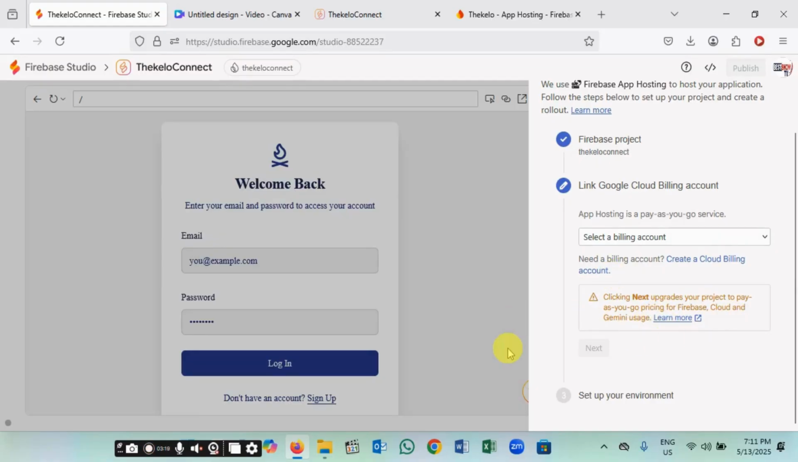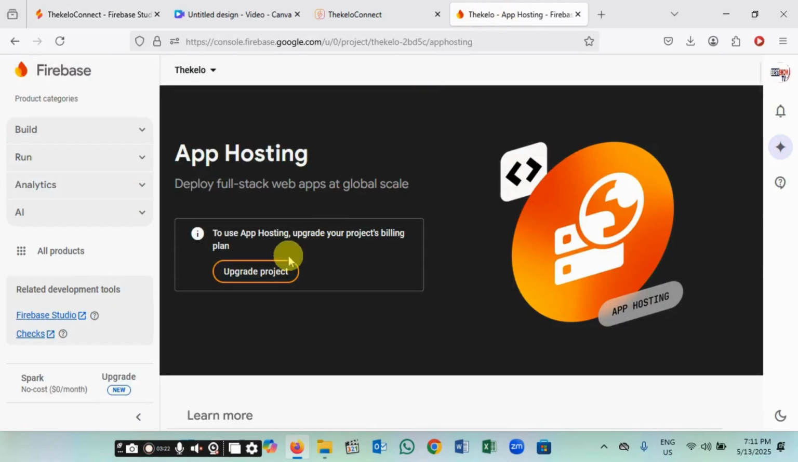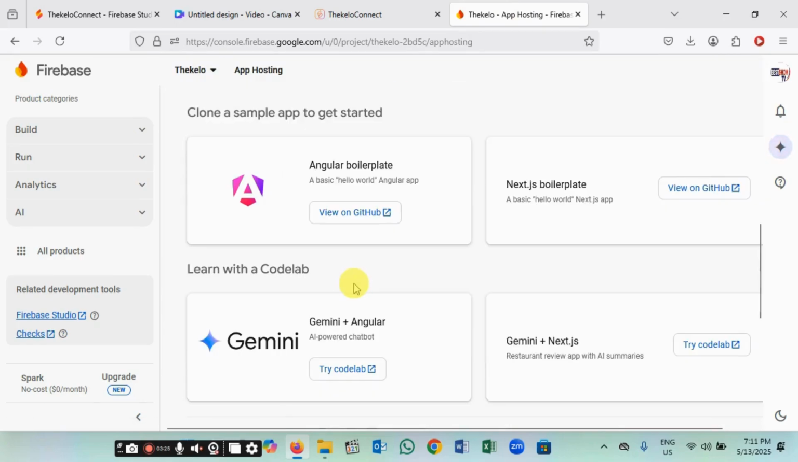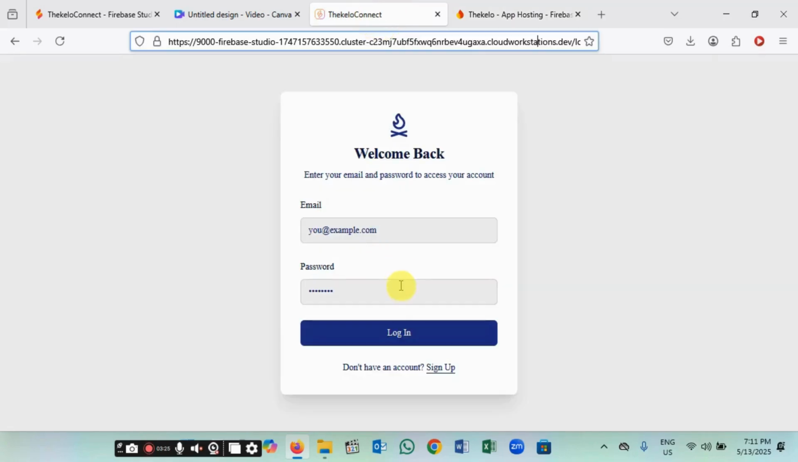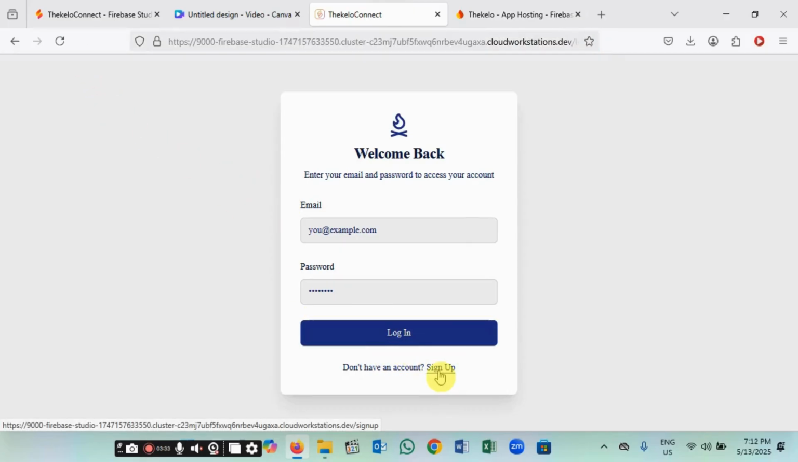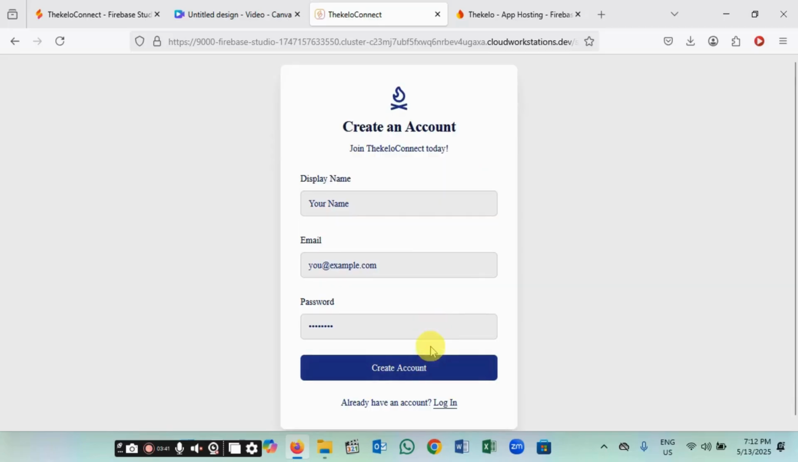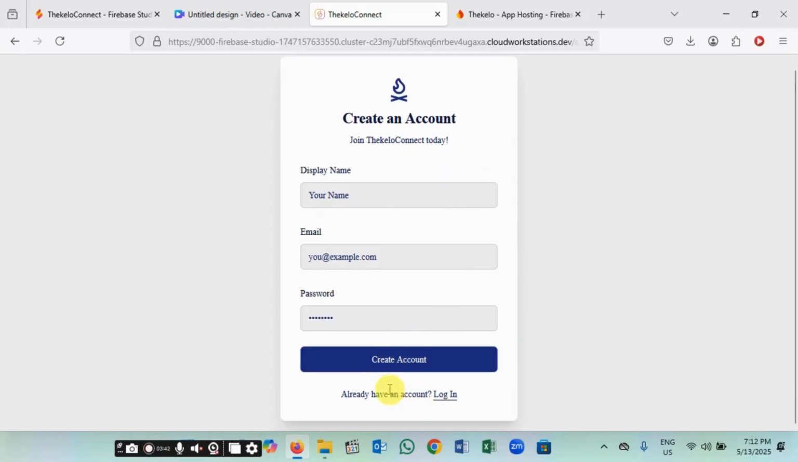So that is how it works. The project is complete, but let me see. Yes, let me try sign up. I think Google should be able to show up. Let me see. Okay, it didn't show up, but it's asking me to create an account. Let's test this and see. As you can see, let me